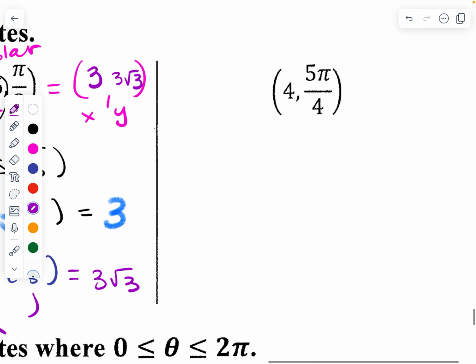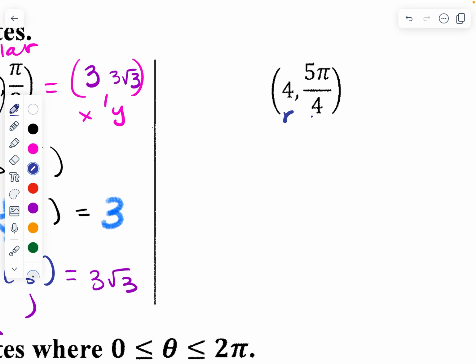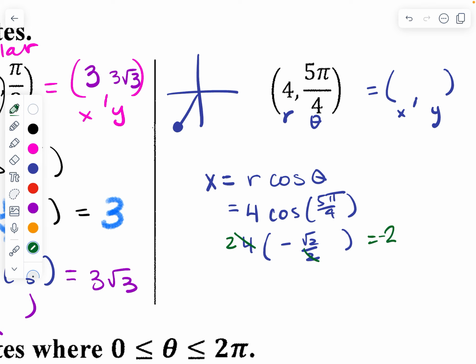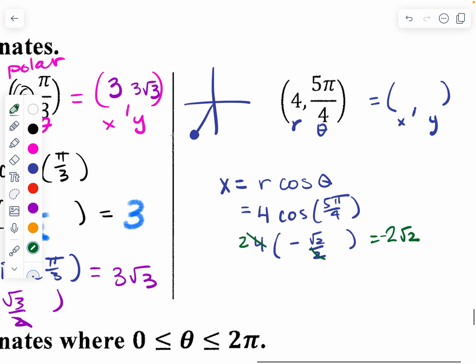Okay, let's look at this one. Again, this is polar, so this is your r theta, and we're looking for xy. So x equals r cosine theta, so let's plug that in. R is 4 times the cosine of 5 pi over 4. Remember, 5 pi over 4 is in the third quadrant, so cosine of 5 pi over 4 is negative root 2 over 2. This reduces, and we get negative 2 root 2 is x,